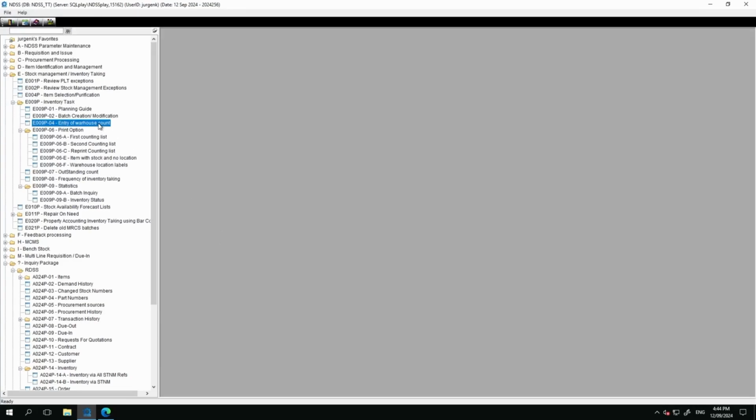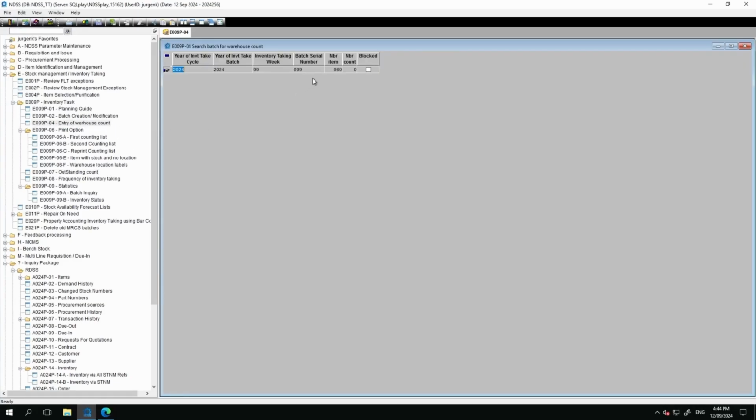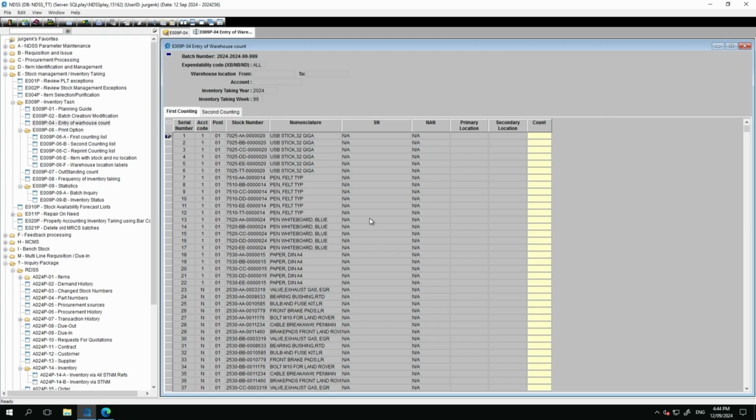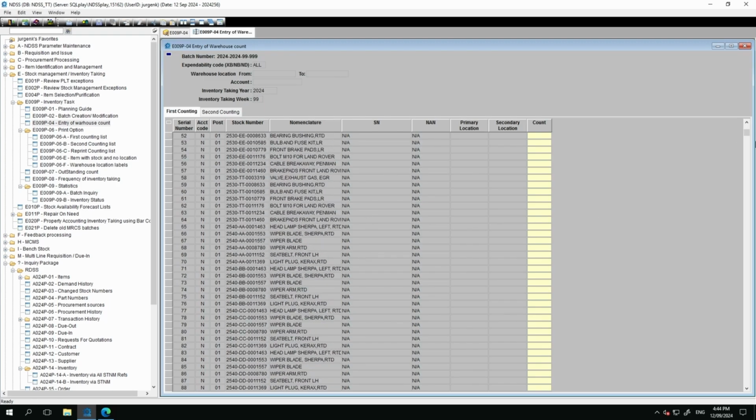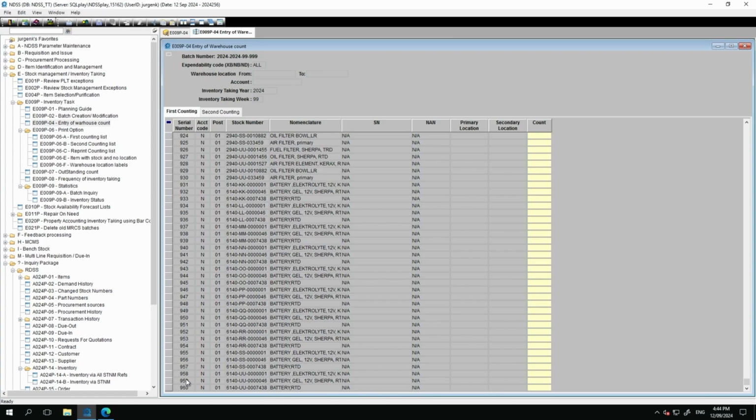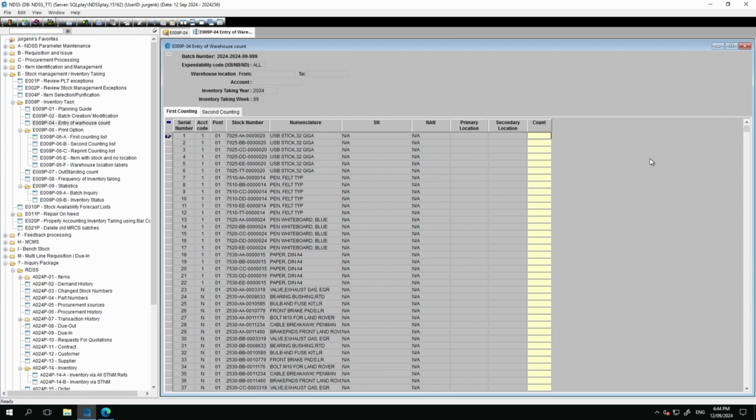So you go to the entry of the warehouse count. What you will notice here is that the batch serial number is 999. This is the serial number for the final batch. So every cycle year will finish with batch serial number 999. So here you will have 960 items to count. You can see this is a very big batch. You can start entering the amount counted,